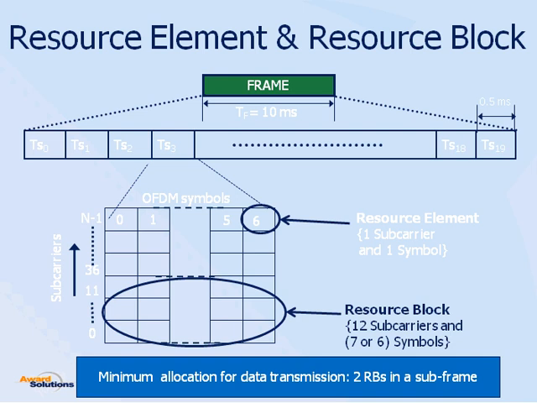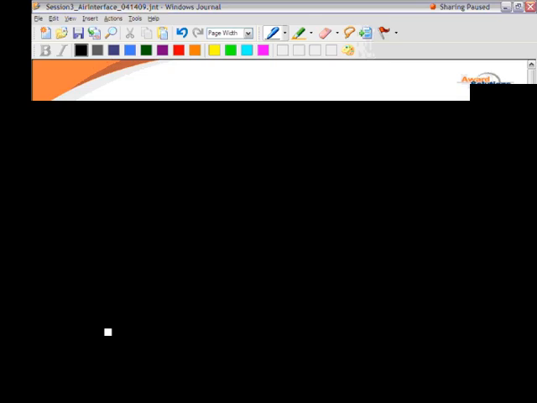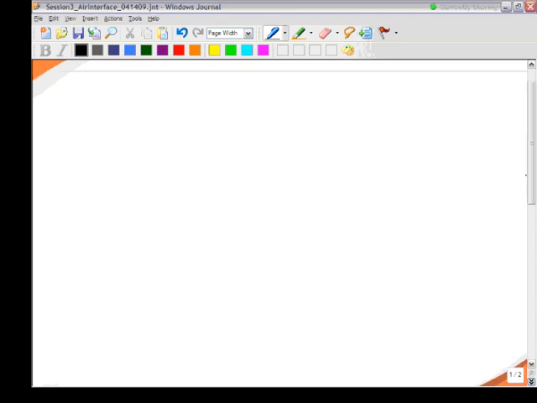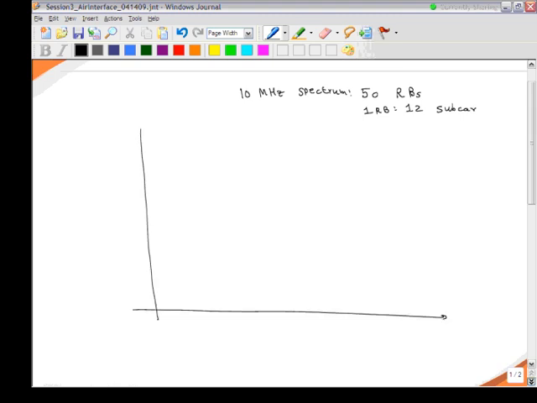Oh, I see. Let me draw a picture. Thanks for that question. I will draw a picture, and hopefully that will resolve the apparent conflict. So I have a 10 megahertz spectrum, and inside that I would have 50 resource blocks. One resource block is always a dozen subcarriers. So what I will do now, I will draw